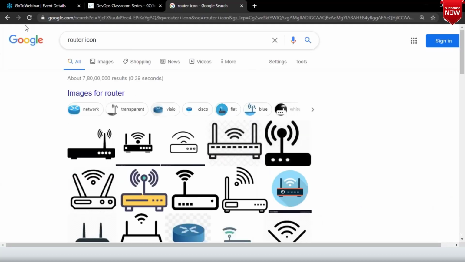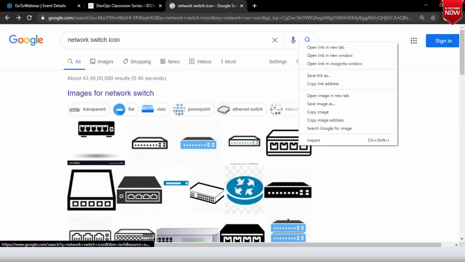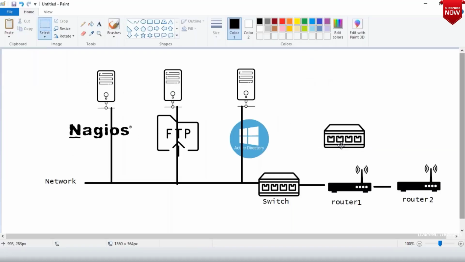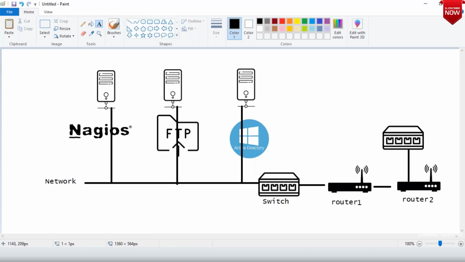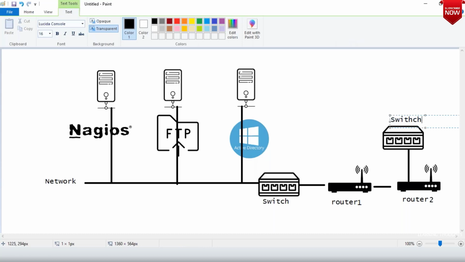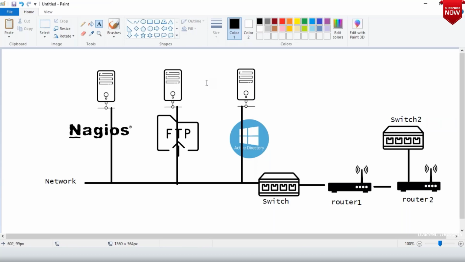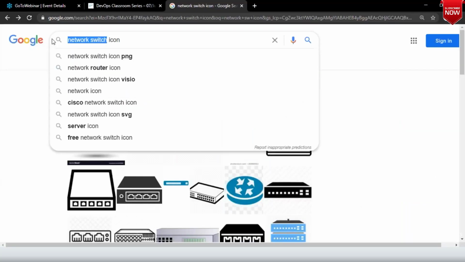This router is again connected to some kind of a network switch, this is switch 2. And to this switch 2, I have two servers which are connected.